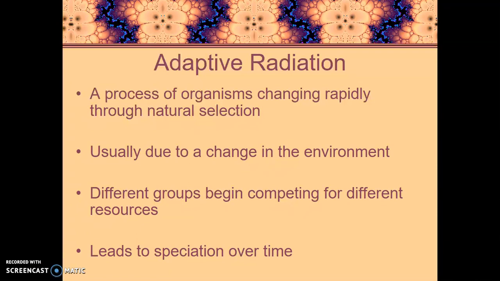new environment. So when one species is in an area and they're competing for the same resource, it's making it hard for them to live. Well, to help reduce competition, they're going to start trying to go out for different resources. And over a very long period of time, you can have them specializing to a new resource. So now they're not competing with just one species. Now they're competing for a new resource. For a little while, that means no competition for that resource until speciation occurs, and then there's lower competition amongst